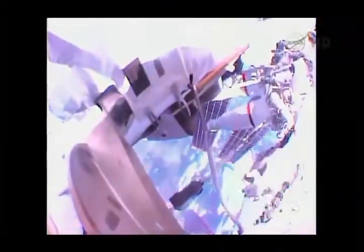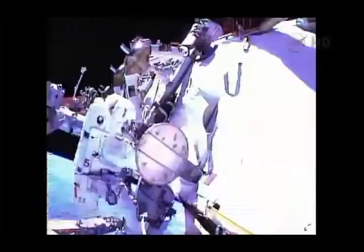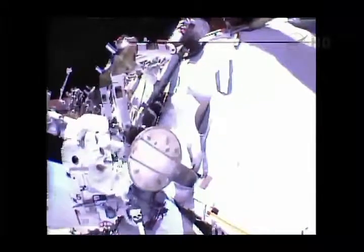And this view from Tom Marshburn's helmet camera, a stunning view of Saskatchewan as they fly over Canada inside the International Space Station. Crew member Chris Hadfield, the Expedition 35 commander from the Canadian Space Agency, the first Canadian to command the orbital laboratory. Hadfield and Marshburn will be returning home to a parachute-assisted landing in their Soyuz spacecraft along with Roman Romanenko on Monday night U.S. time, Tuesday morning Kazakhstan time, to wrap up 146 days in space and